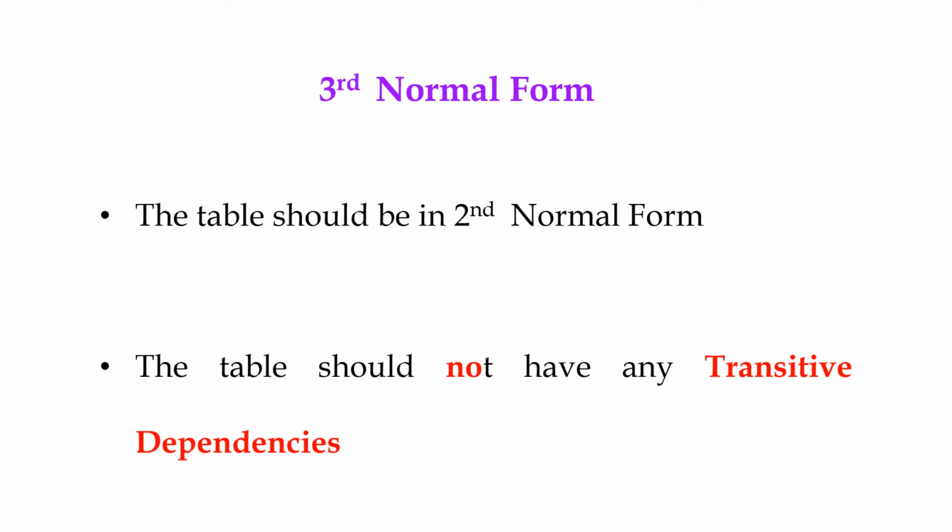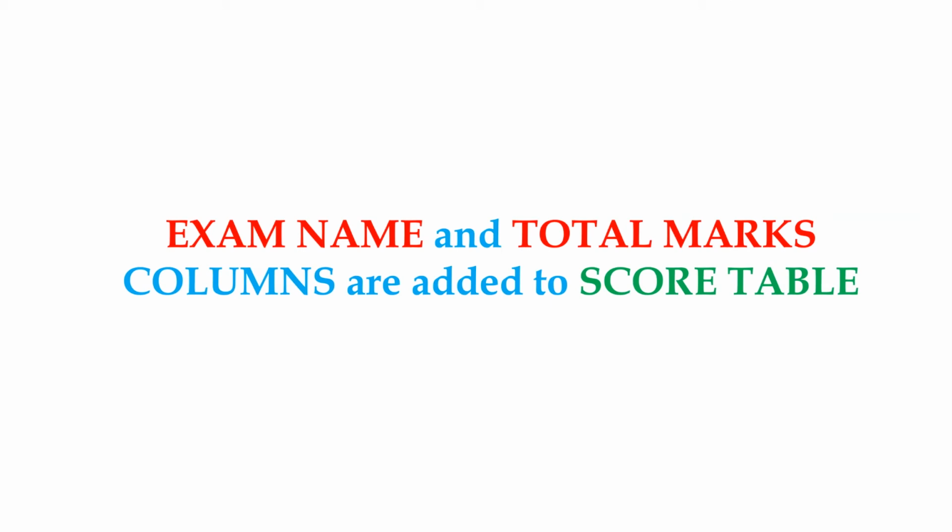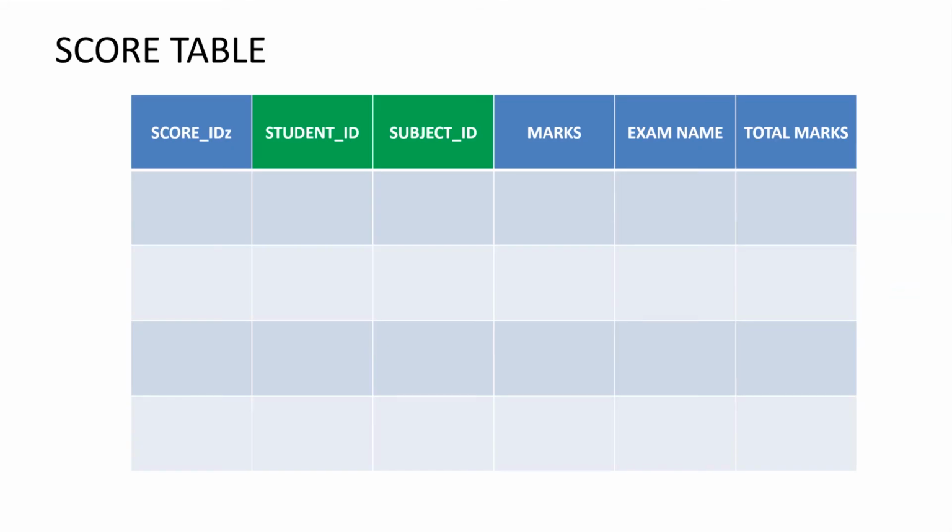Now coming to the third normal form, if a table wants to be in third normal form, the table should already be in the second normal form, and second, there should not be any transitive dependencies. Let us see what is transitive dependency with an example. Now in the score table I am going to add 2 more attributes like exam name and total marks like this. So exam name and total marks are the 2 new columns,